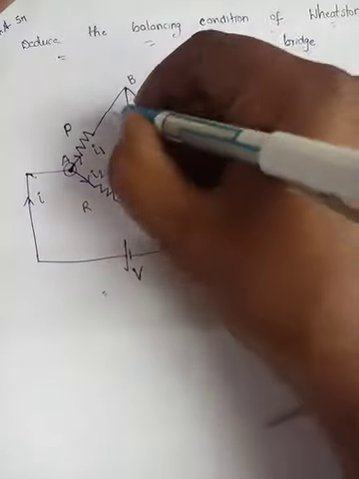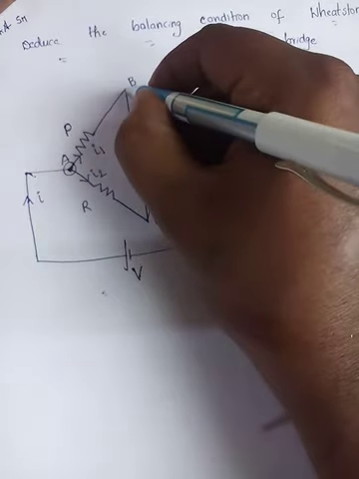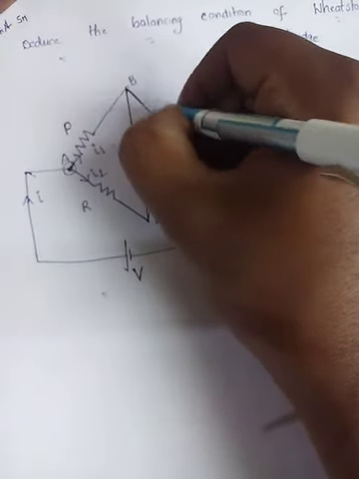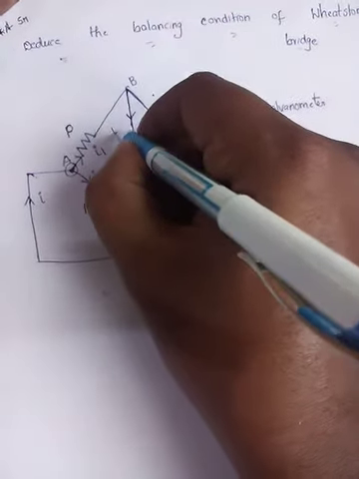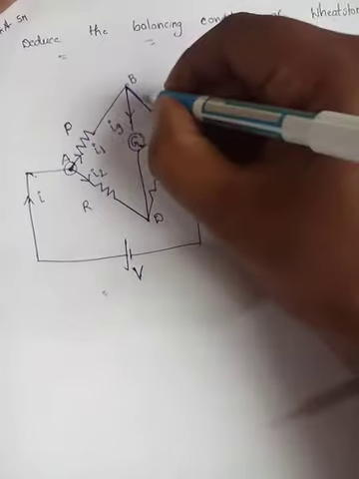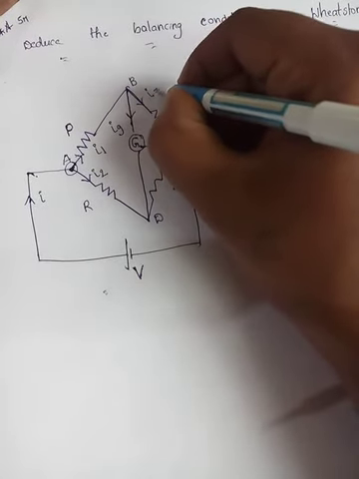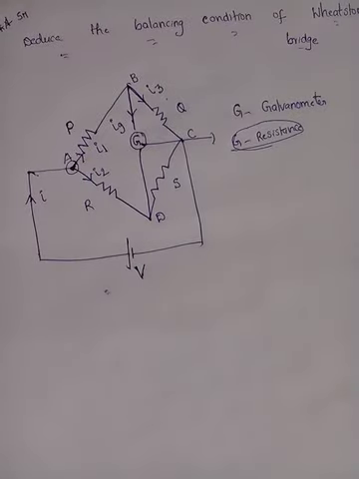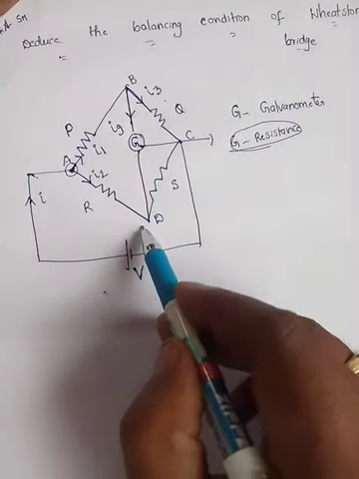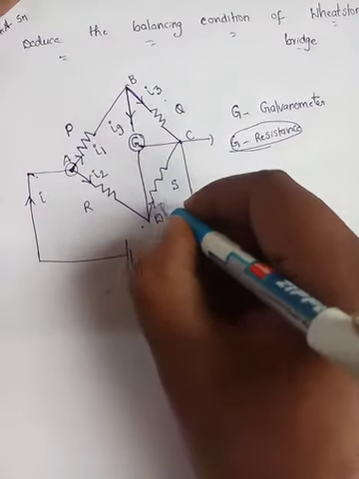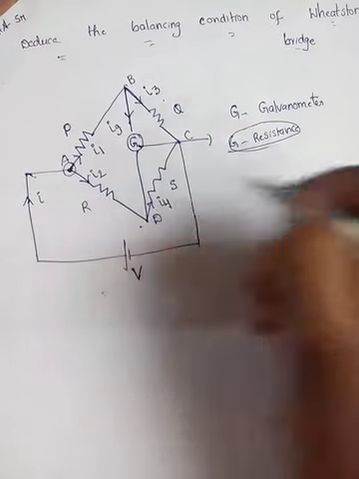Again I1 came here, and again 2 conductors are there. It has to flow along these 2 conductors. So let us assume the current flowing through the galvanometer is Ig and along Q is I3. Next, I2 and Ig are connecting towards D, and the current flowing through S is I4.